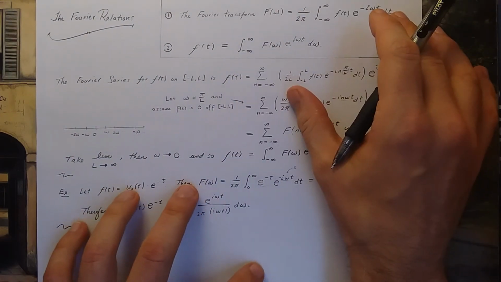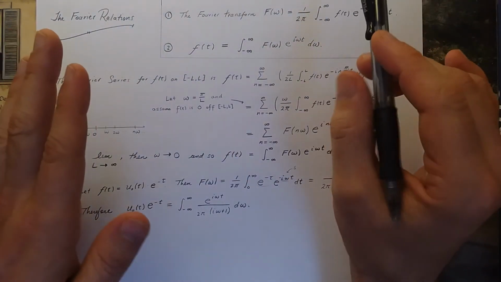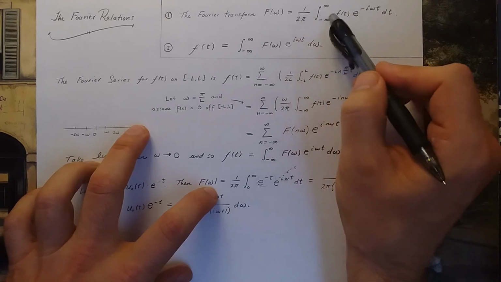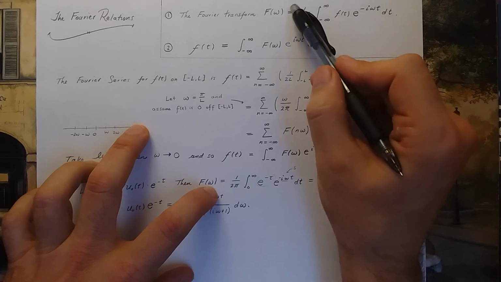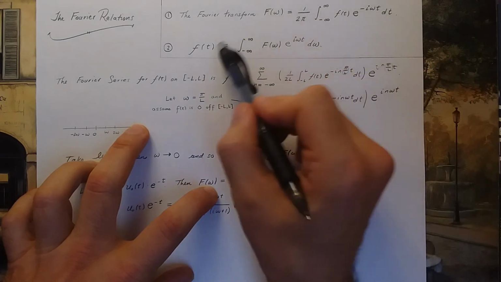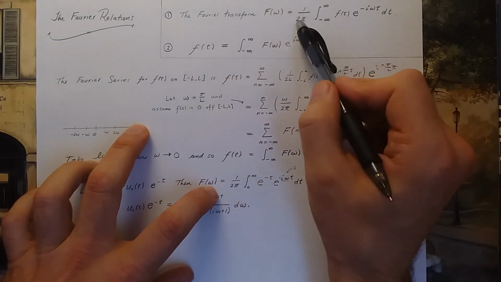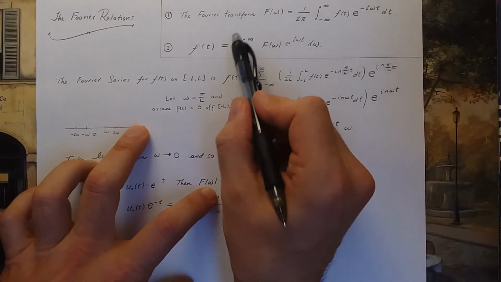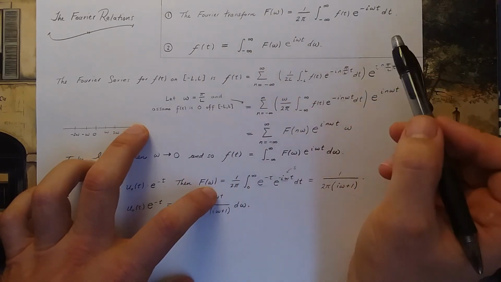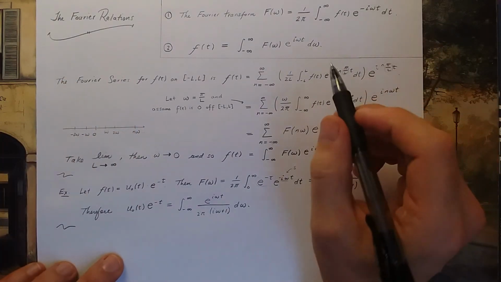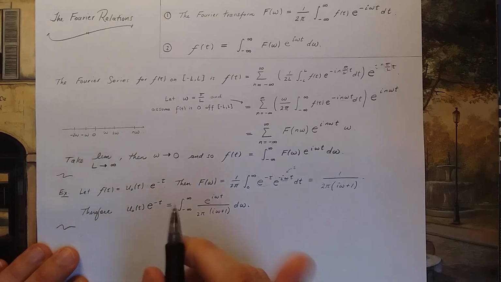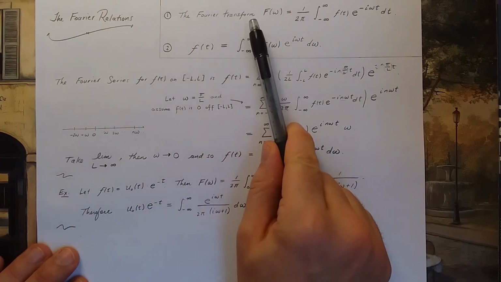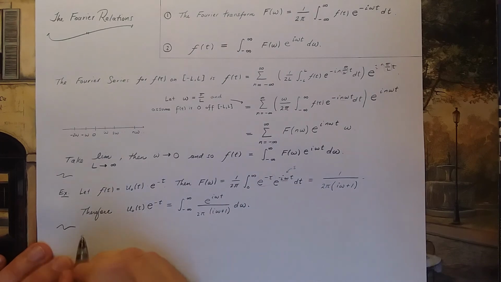That's fine. Some people don't like to have a 1 over 2 pi in one of these relations and not the other. So some people split the difference and put the square root of 1 over 2 pi in both. So this would be the square root of 1 over 2 pi in f and 1 over the square root of 2 pi in the second. And the last alternative definition I'll actually write down here on the bottom, because you'll see this when you apply Fourier transforms to signal processing and signal analysis oftentimes. So an alternative form